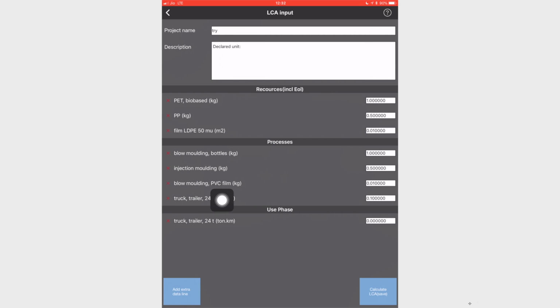Okay, so as you can see, when we were looking for the materials, we selected polyethylene LLDPE, but we also found something which was the process plus material included together. So at this point, let's say we will delete this one because we have a better option available. I will also delete the blow molding PVC film option from here because they are no longer applicable. So, let's put the value over here.